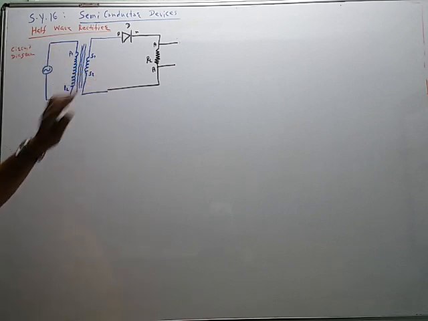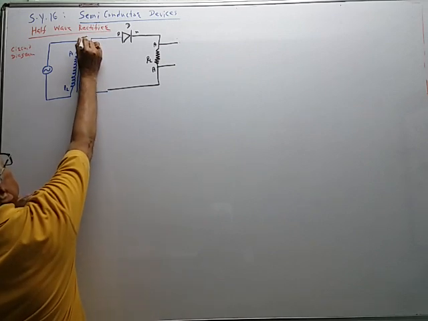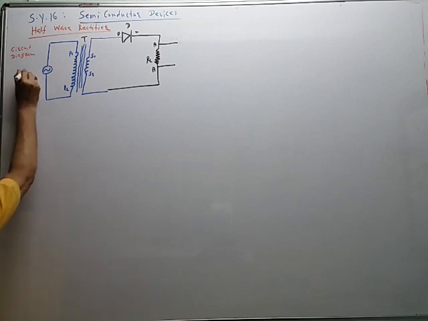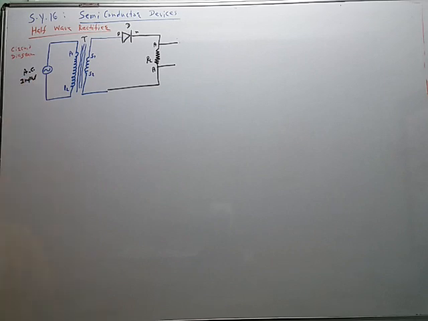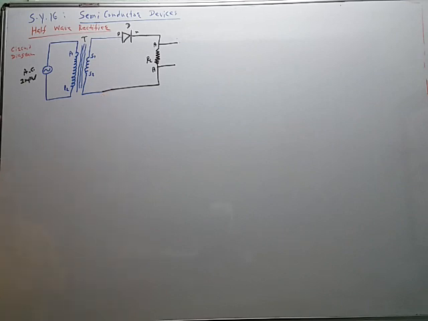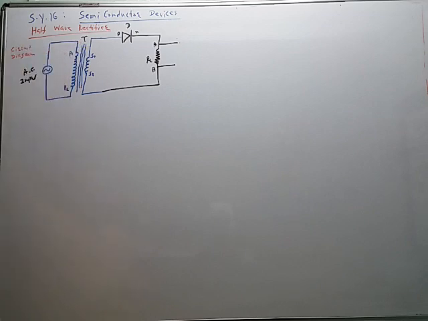D is a diode. So labeling can be asked like this. T is a transformer, step down transformer. So we will see the labeling afterward. This is the AC input. AC input, it has frequency 50 hertz, like this one. So why is it called a load resistance? RL is a load resistance.